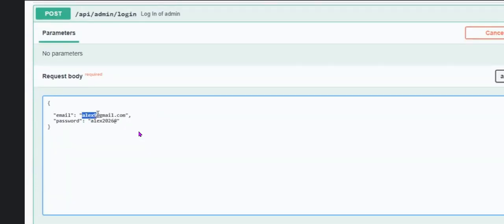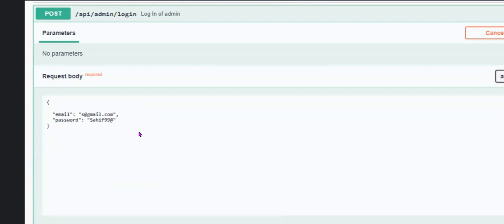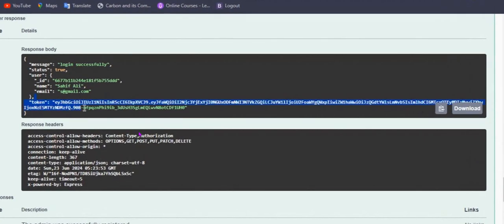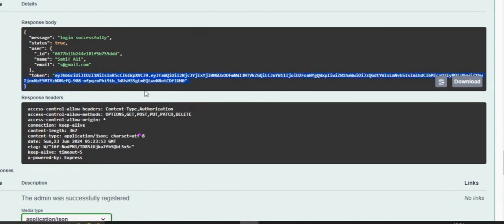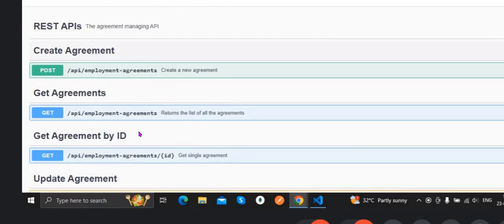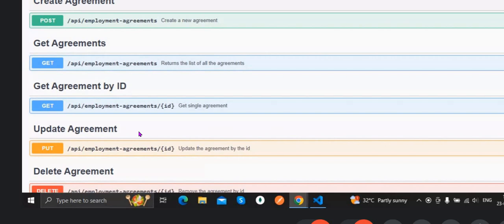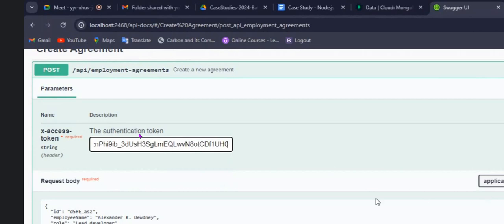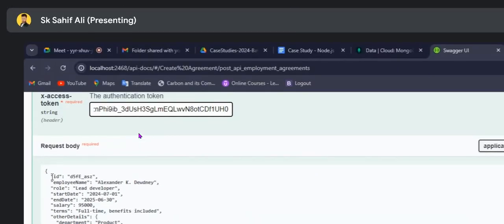So the email is this, and this one is the password. If I execute it, then I get this one, and this is the x-axis token which will be generated. So I have to copy this authentication token to authenticate all 6 APIs, and I put the login time as 12 hours, so it will be a bit more. Now if I want to create a user,